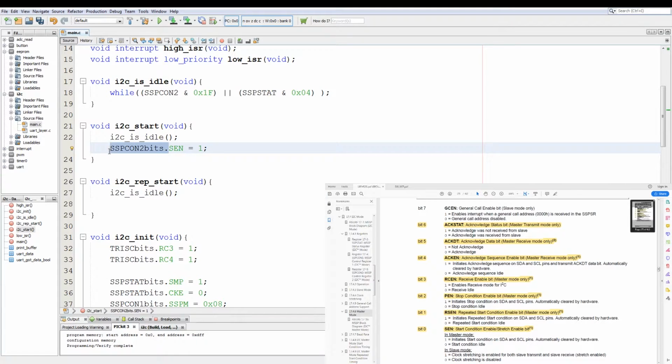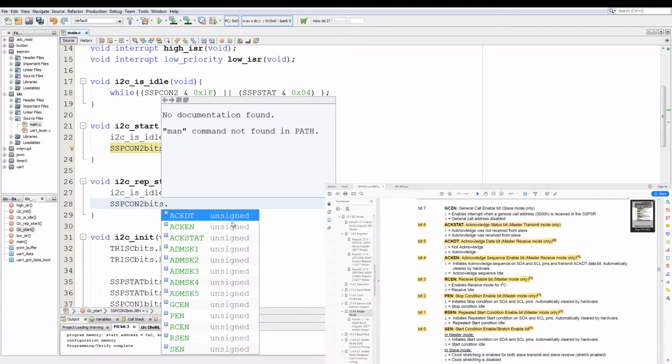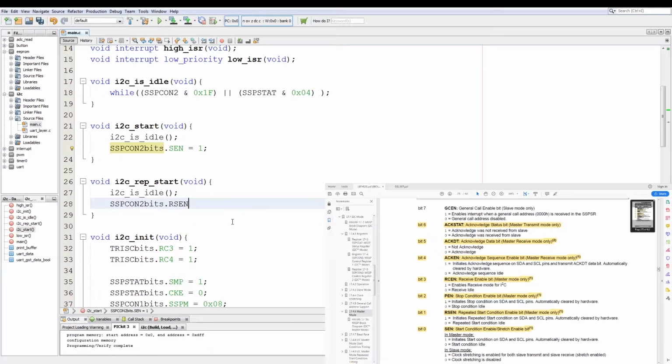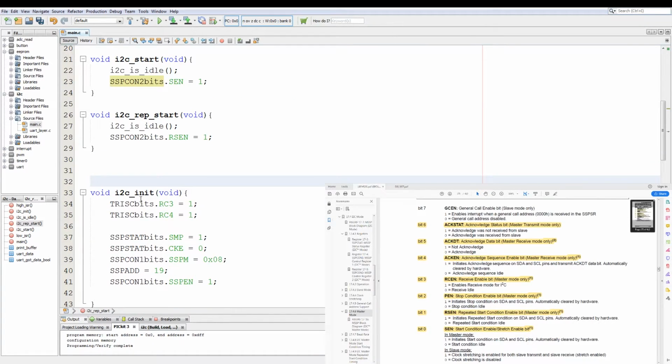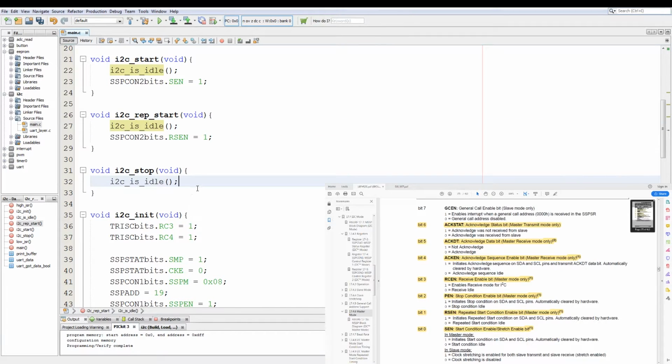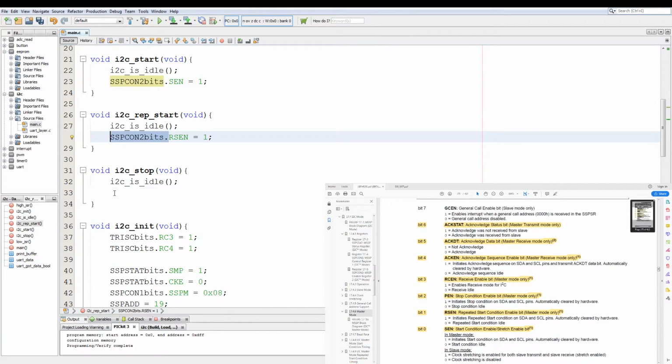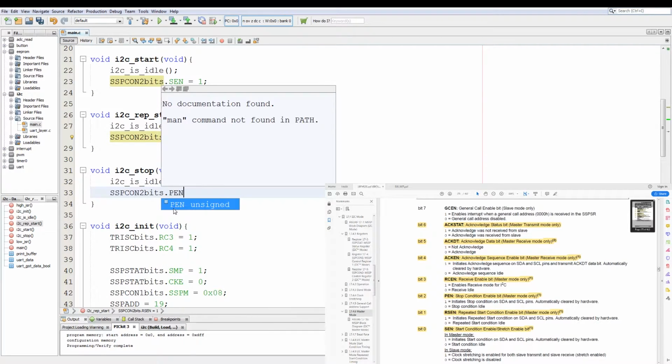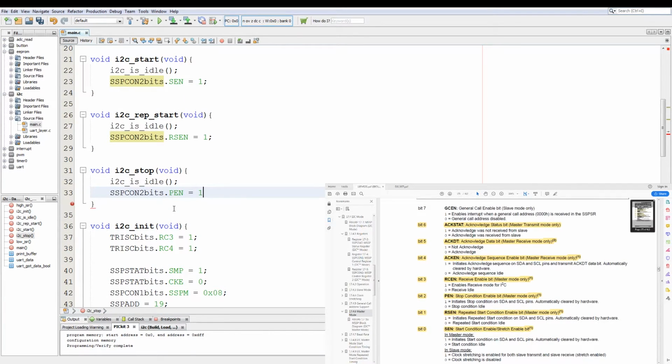We copy the SSP2CON bits and we call it RSEN equals 1. Now for the stop condition, we add void I2C_stop. Again, check if the bus is idle. Copy the SSP2CON bits, change it to member PEN equals 1.